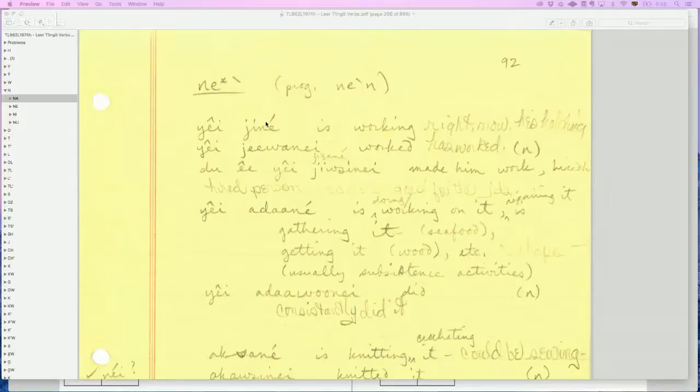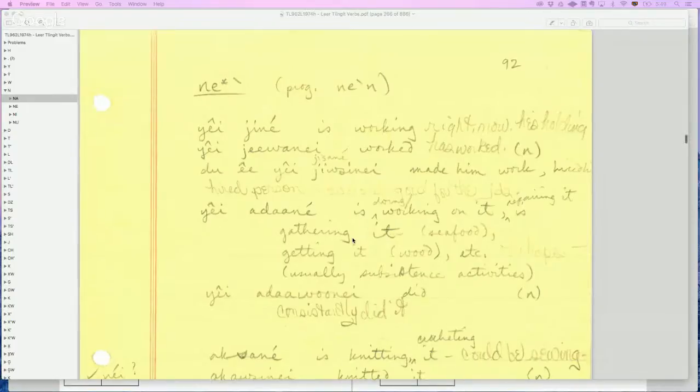And so this has more, it seems to be tied into working on food, gathering things. It could also involve like cutting food, and it sort of puts it into this sort of catch-all category, but it seems to be related to subsistence activities, and that's how I usually hear it, and that's how Lear has it in his notes. So you're getting the wood, you're gathering some things, where the ausene, which we've